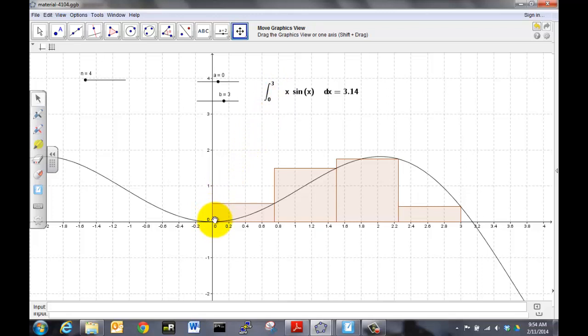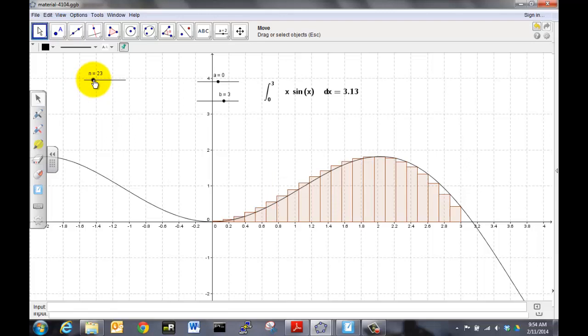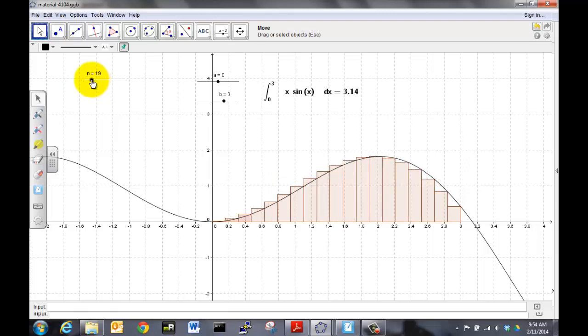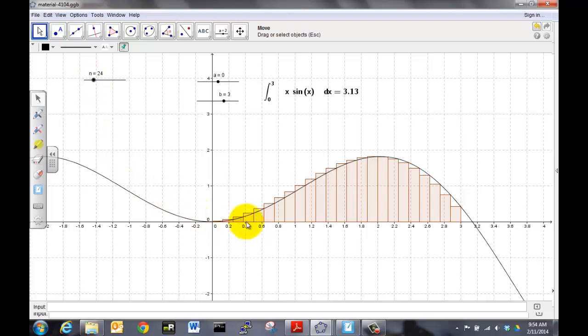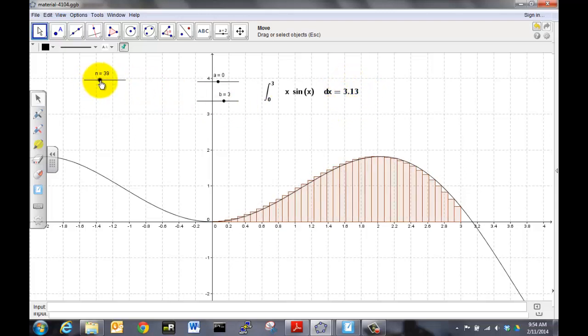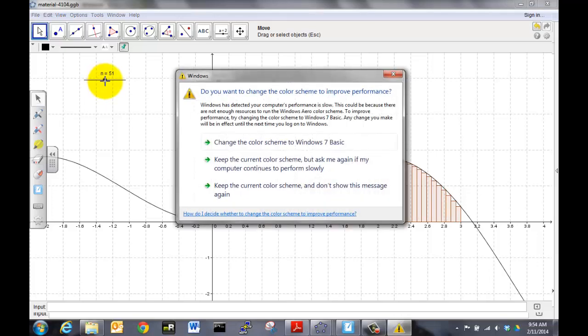And if you remember, we had left Riemann sums and right Riemann sums. The picture you're looking at here has drawn 4 rectangles, 1, 2, 3, 4, and they're all right Riemann sums and right estimates. And if we add these up, we would estimate what the area is. And we talked about how with that, if we move it up to 25 rectangles, we get a more accurate picture of what that is. Notice that our integral up here has actually changed slightly, and the more rectangles we can actually put in, the more accurate